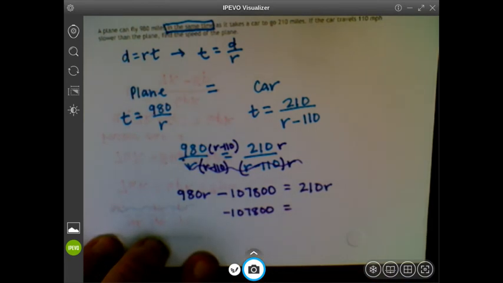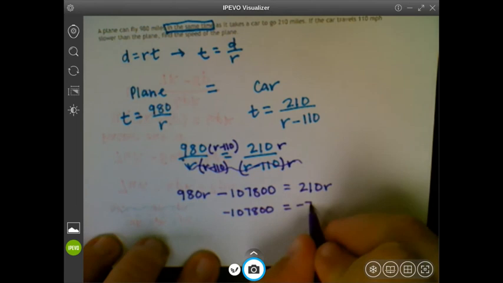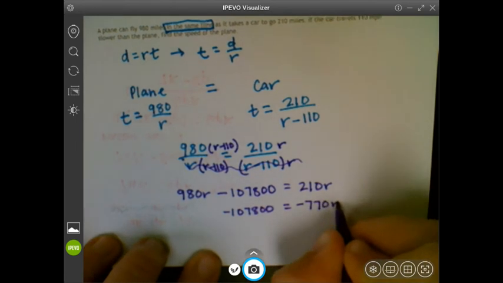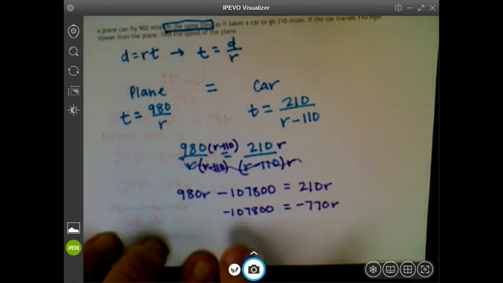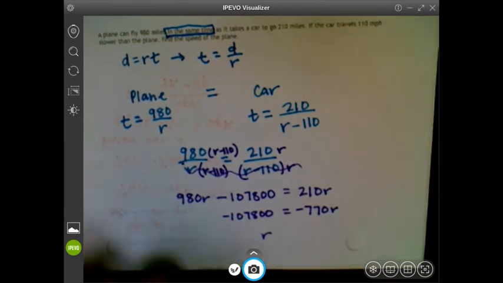210 minus 980, negative 770R. And then you can do the division. Glad that both numbers are negative. I'd be a little concerned if they weren't, only one positive, one negative. We get